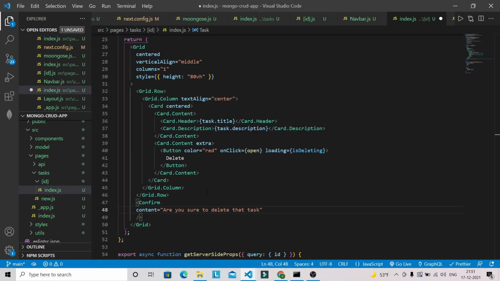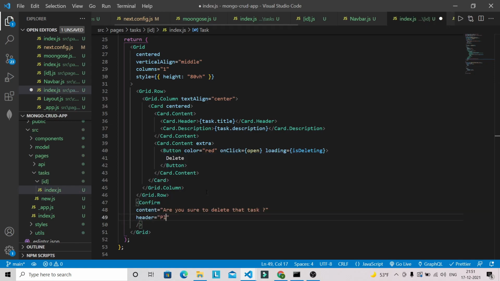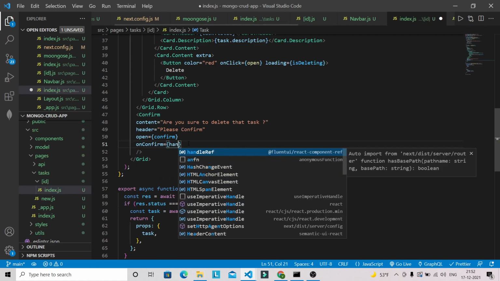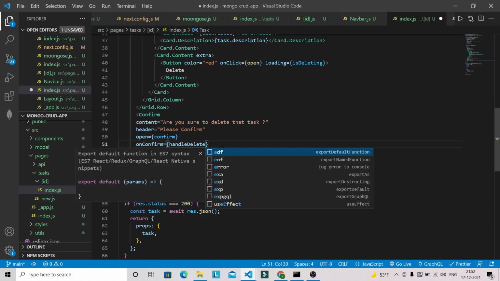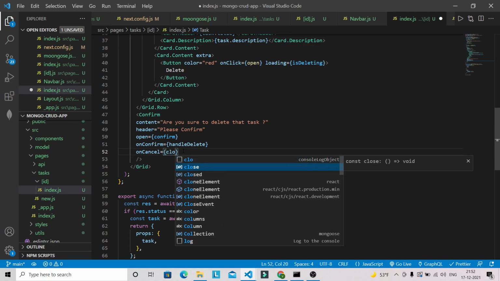Okay, we can give a message like this, and header we can specify like, please confirm, and we're going to pass open. So Confirm we can pass here, and onConfirm we have a prop. So here we have to specify the handleDelete method, which is yet to be defined. So now we are going to have onCancel, in which we can pass the close variable.